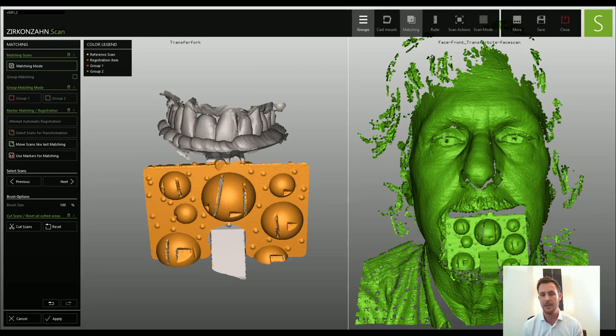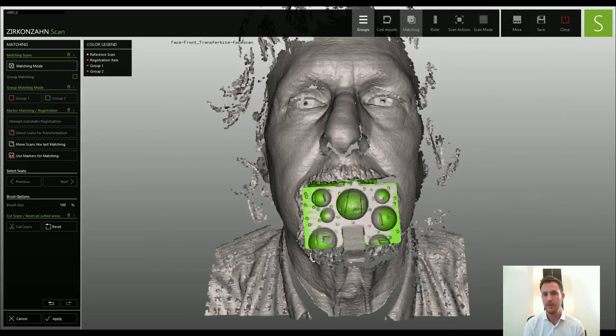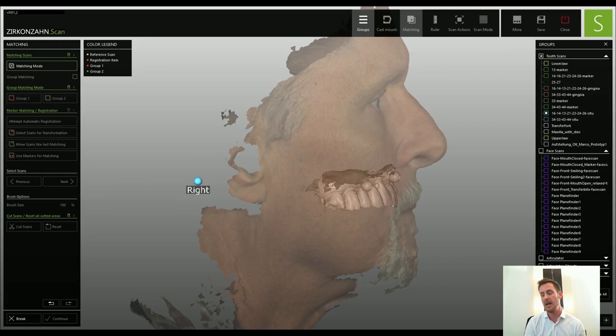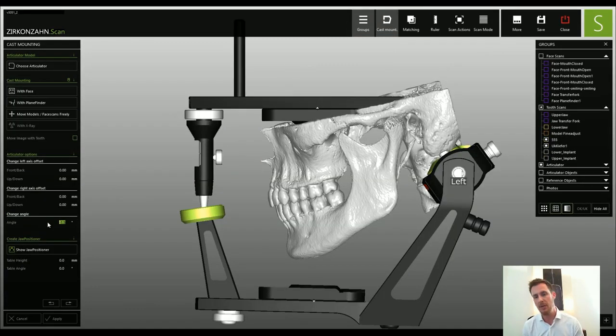and now it starts to complete or to match all information together. And here it is also similar. I just match the fork into the facial scan and then the intraoral scans onto the fork, and I have the same result. I can find the upper and lower jaw perfectly related, in perfect position to the facial scan. And also now we come to the next